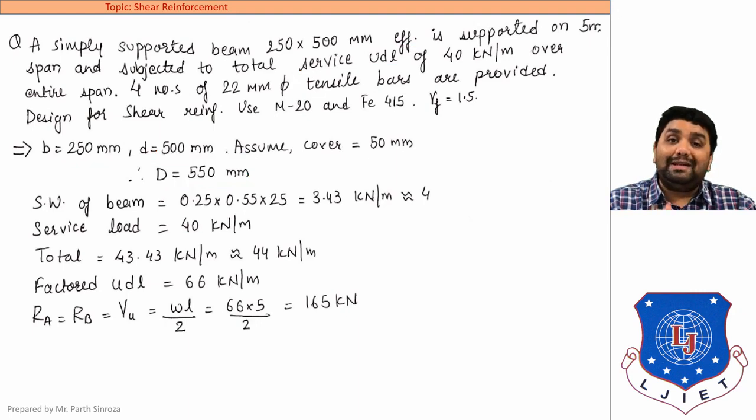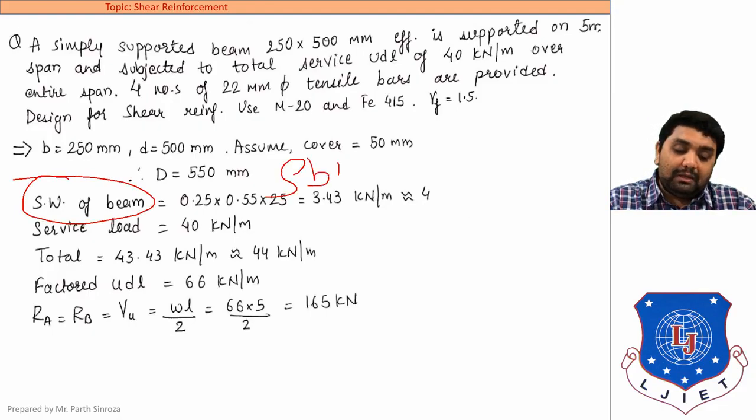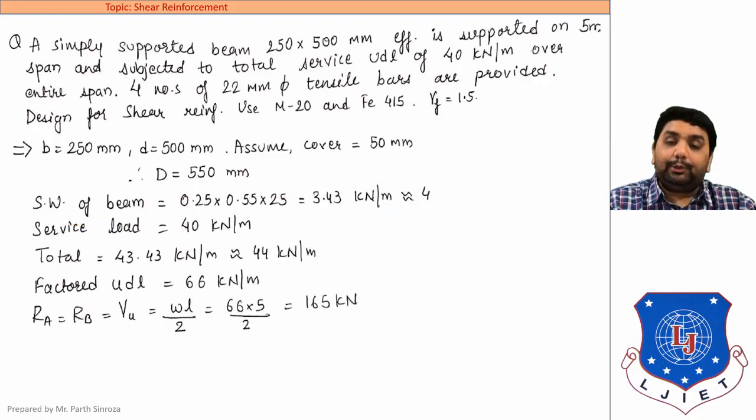So the total load will be dead load plus live load. And what will be dead load? As we have seen, it will be the self weight of beam. Clear? If factored load was mentioned in the question, then no need to do these things. But here service load is mentioned in the question, that means a live load is given. So you need to find the factored load, and to find factored load, it will be a combination of dead load and live load. So the first thing will be to find self weight of beam, and the self weight equation will be rho b D. Keep in mind capital D, that is our overall depth. Clear? And it comes out to be 3.43 kilonewton per meter.